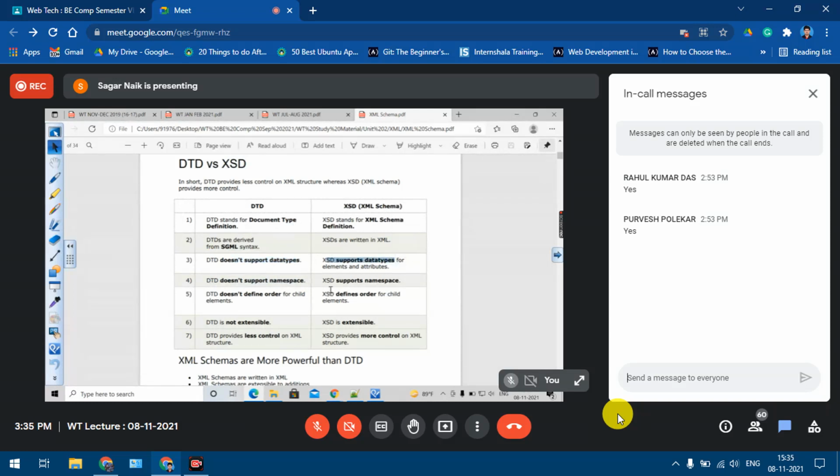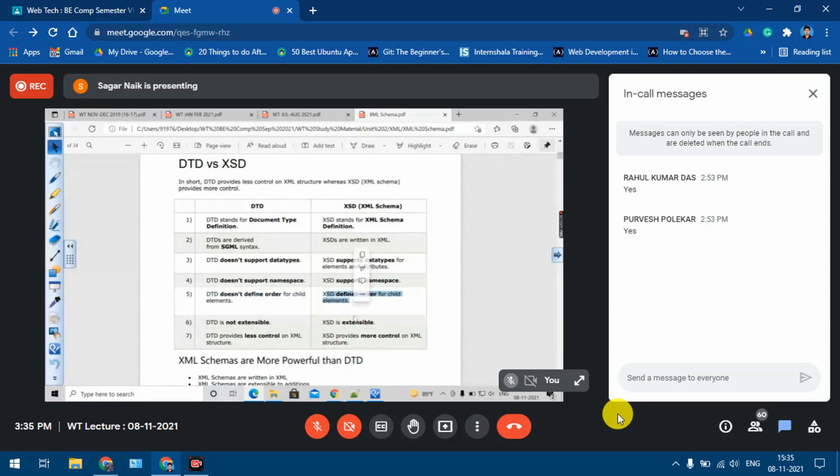Right? Now there is one more concept, namespace. Namespace is a small concept that we are going to study later. That namespace concept is not applicable to DTD, whereas XSD can support the namespace concept.